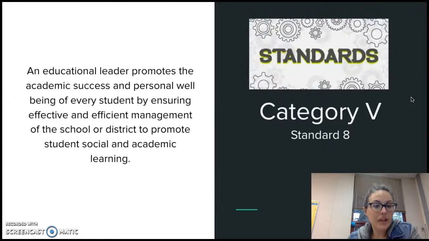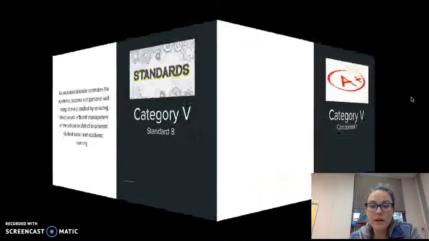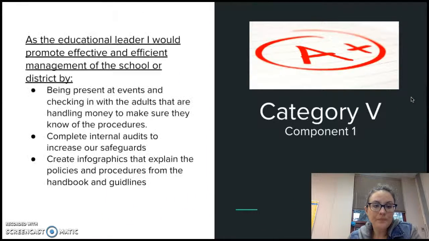So this is about Standard 8. An educational leader promotes the academic success and personal well-being of every student by ensuring effective and efficient management of the school district to promote student social and academic learning. So component 1, as an educational leader, I would promote effective and efficient management of the school or district by